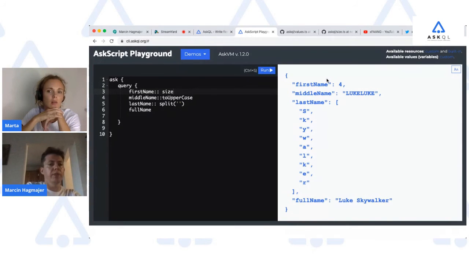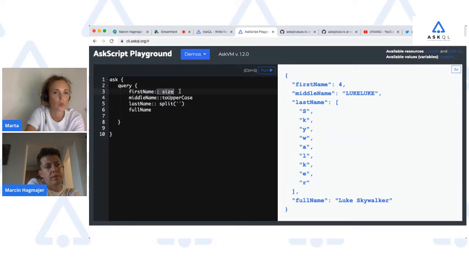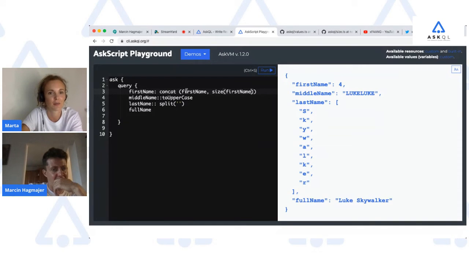Can you make it so that we can see the first name at the same time as the size? Because now it disappeared, and we just have the number. What if I do it? And size first name, maybe.